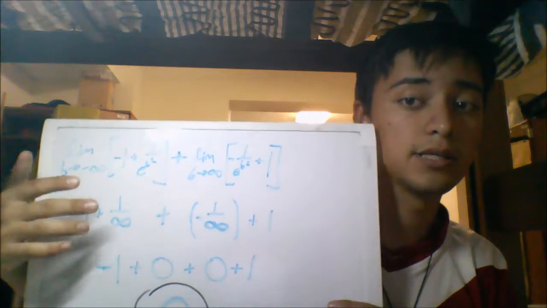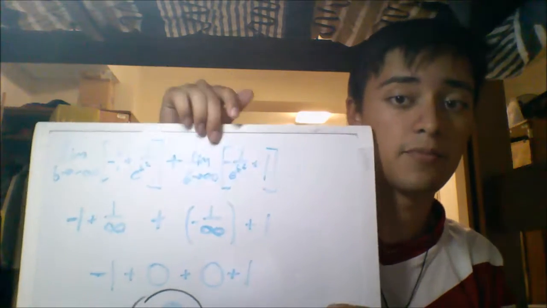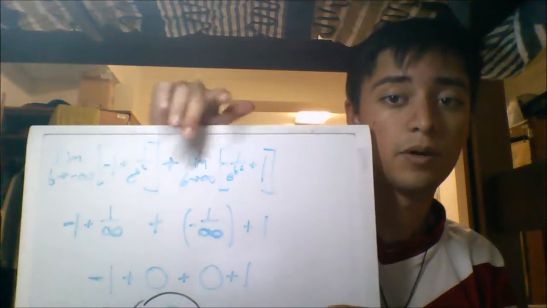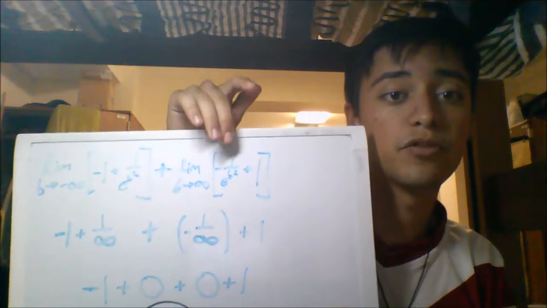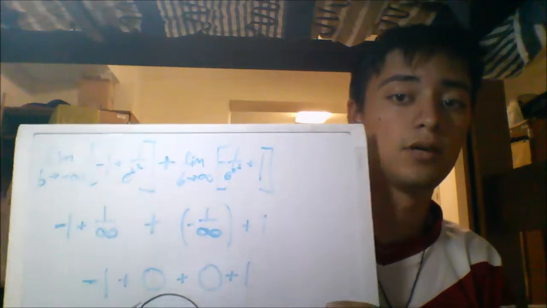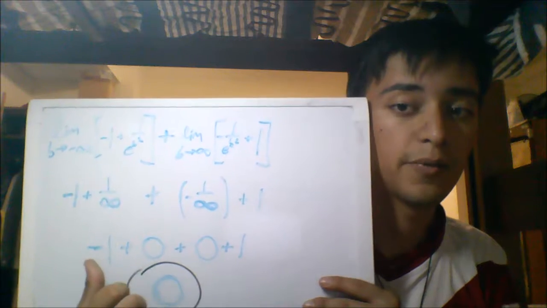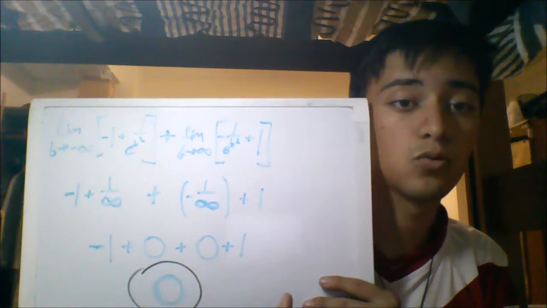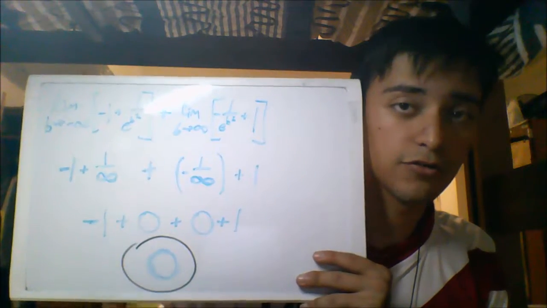So that means that we have 1 over infinity, and then we have the same situation here. Infinity squared will always make e to the power of infinity infinity. So we have that, and 1 remains the same, and 1 over infinity is always going to be 0. So we end up having negative 1 plus 0 plus 0 plus 1, and when you evaluate that all together, we get an answer of 0 for this